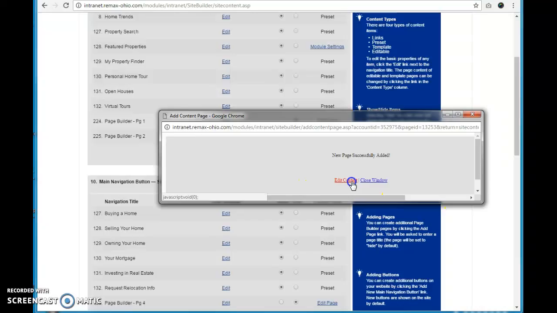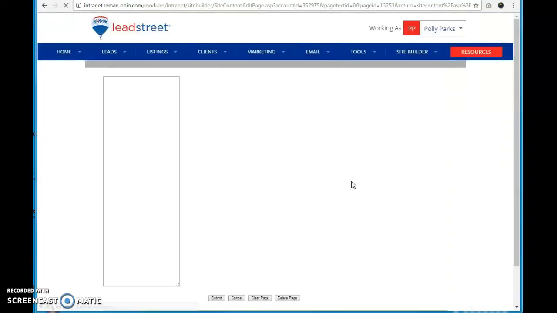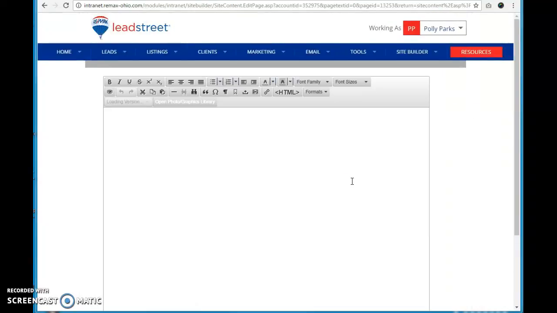I'm going to click Edit Content. Now it takes us to a blank space, which is great. That's what we want. Now what we're going to do is grab that image that we just pulled in, along with the verbiage that we pulled earlier, which is the street address and the comments for the listing. So let's start with